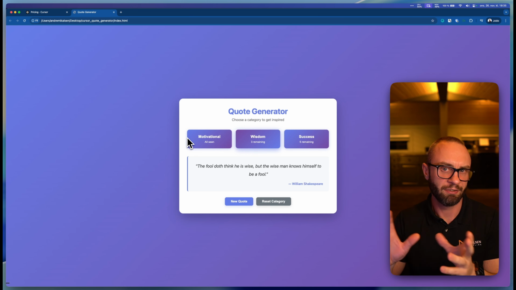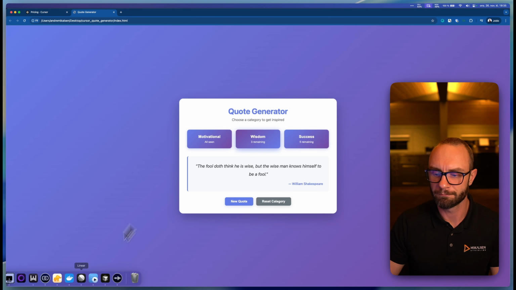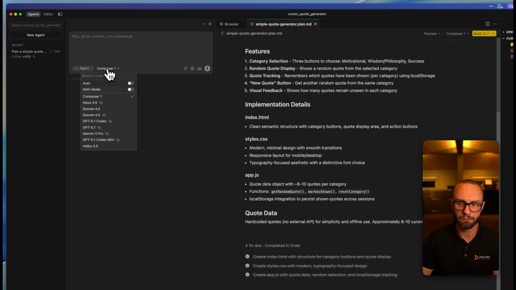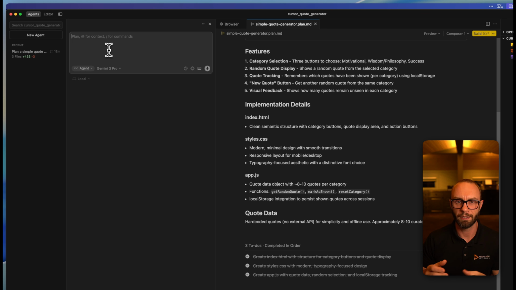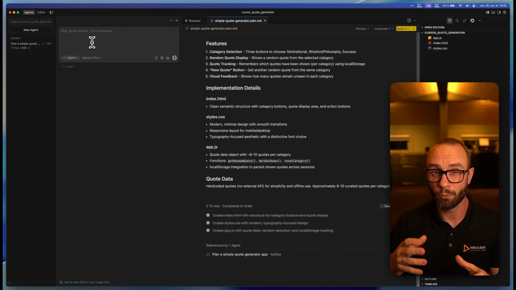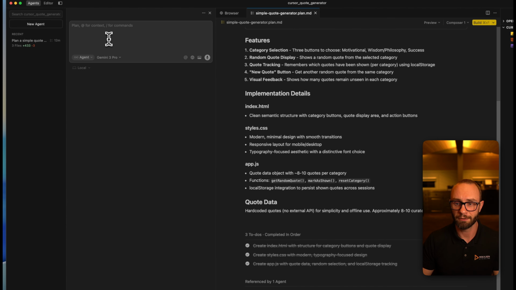But I want to make this look even better. How can we do that? We'll go back into Cursor here, and I'll open up a new agent, and I'll use Gemini 3 Pro, which is what I found to be the best model for creating UI in a creative way. Let's see how that works if we just ask it now to update the UI. I want you to update this website to be more modern, futuristic, have a great design and user experience.